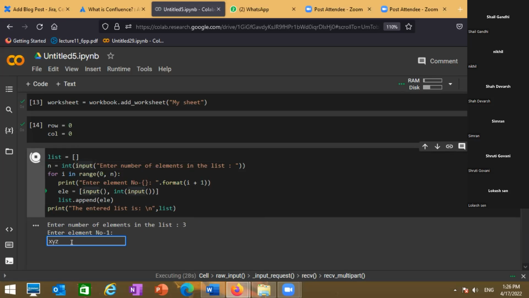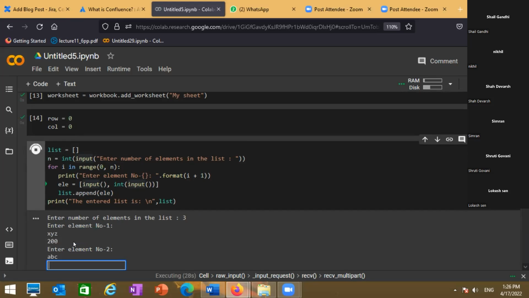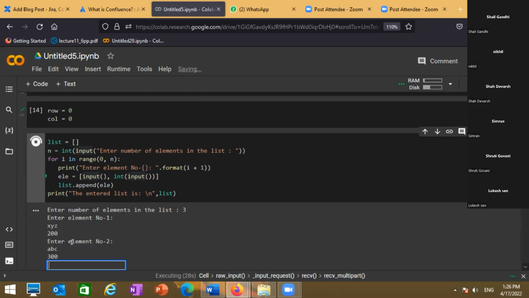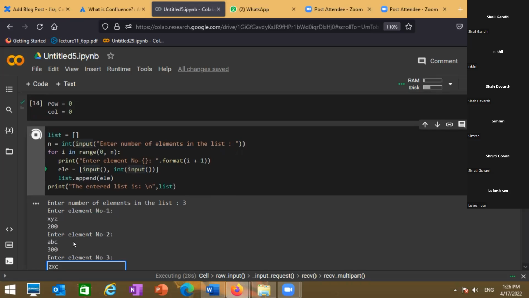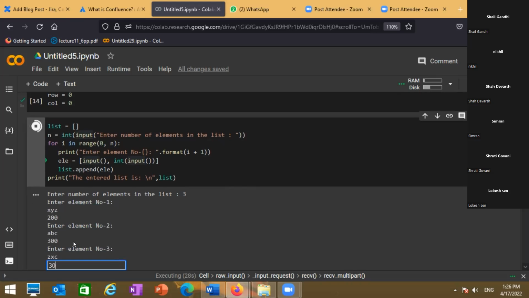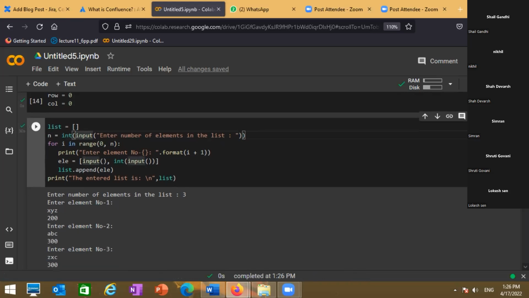I have not written it very well, but the price is 200, then again ABC, and 300. Same logic. Yeah, it's the same logic, but it's a good logic, in fact.